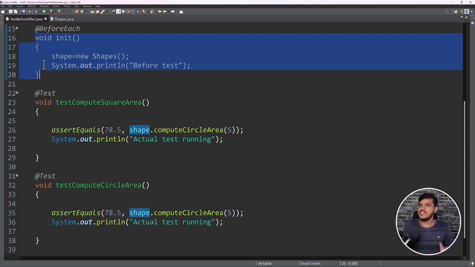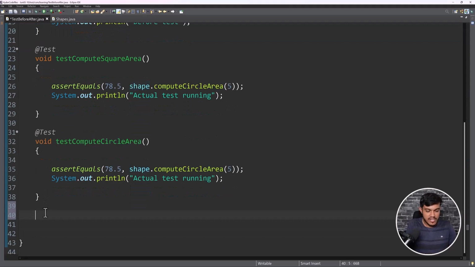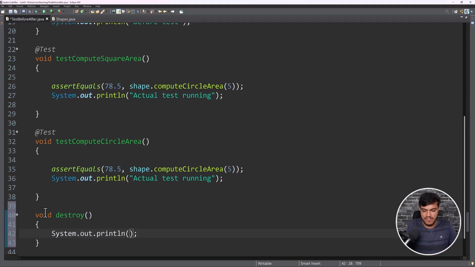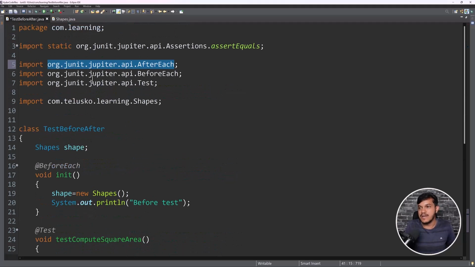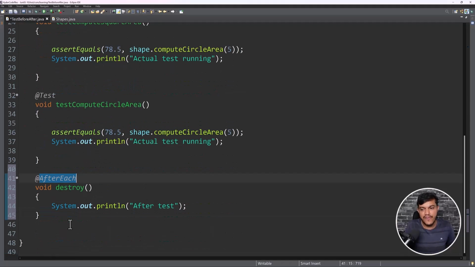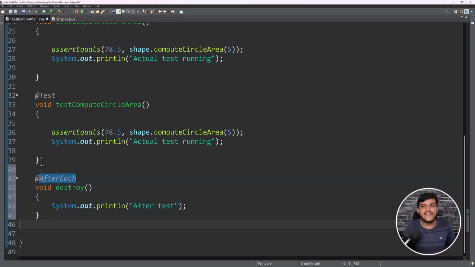So if we have BeforeEach, we have AfterEach, and now I guess you can get to know what is AfterEach. So I'll write one method called destroy, and here I would be writing, just to see the control flow, after test, and this method I'll be annotating, and you can understand the annotation by the name itself, AfterEach. So let me import this. I have imported, and it is coming from the Jupiter API, that is JUnit5, and by this you have already sensed, after every test case this would